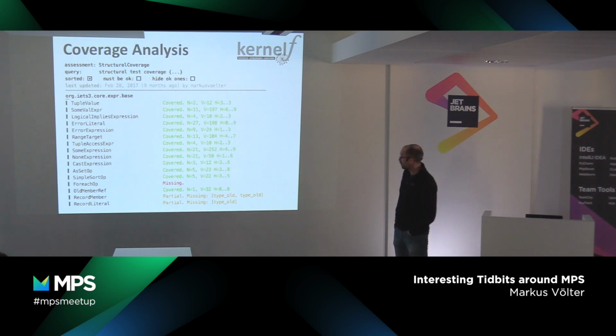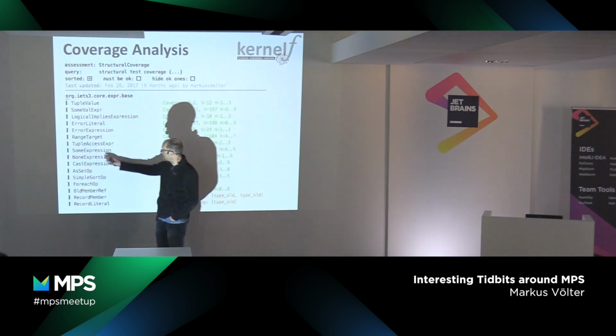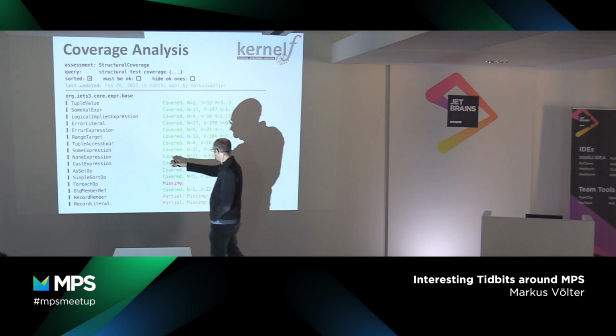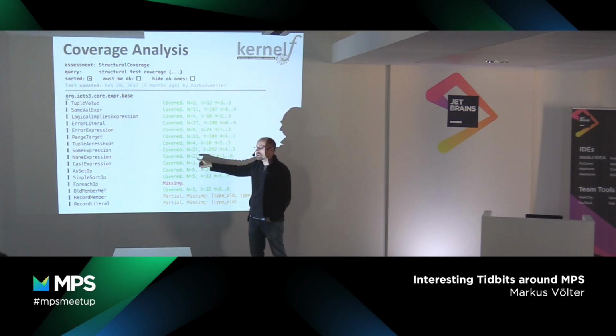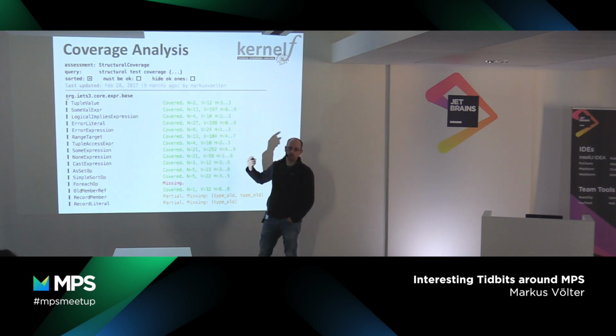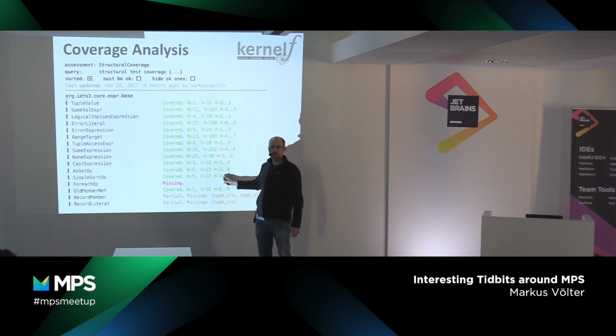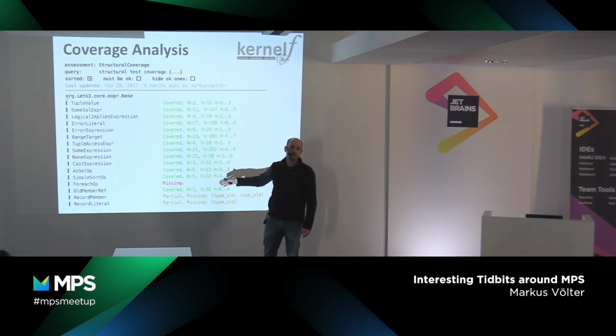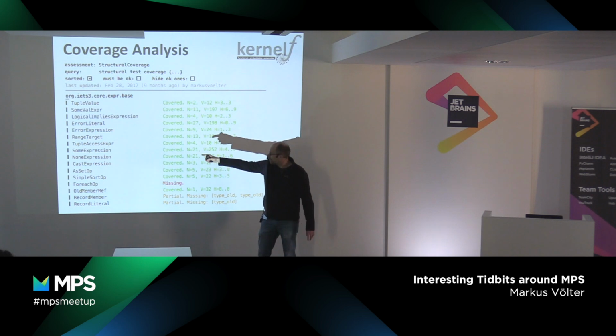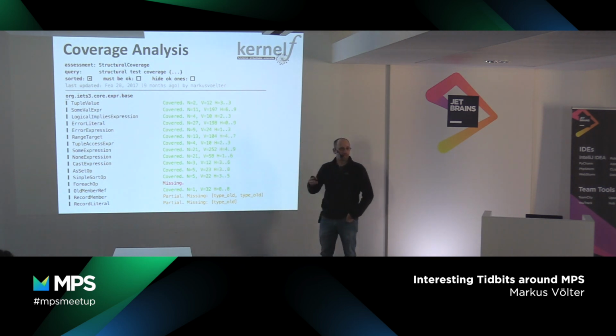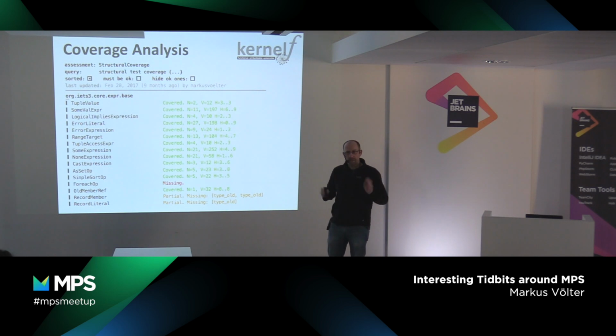Here's an example of the coverage analysis where we check that as part of your test cases, every language concept is used, and then how often it is used, and these numbers are a measure for the complexity of the syntax tree in which it's used. If you only test your language constructs in trivial cases, then whatever random interactions might not show up. And so the higher you get these numbers, the more confident you can be that there aren't any unintended interactions of that particular language construct with others. Of course, it's heuristic-based. Again, it's not complete coverage. It's never a guarantee for the absence of errors, but yeah.